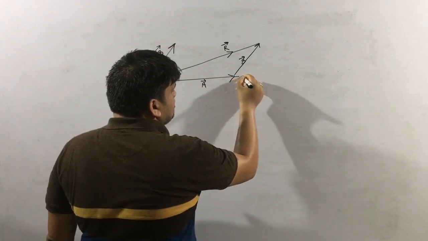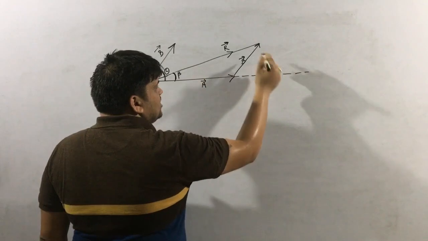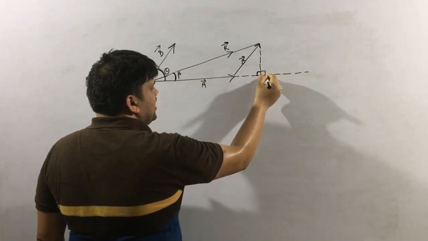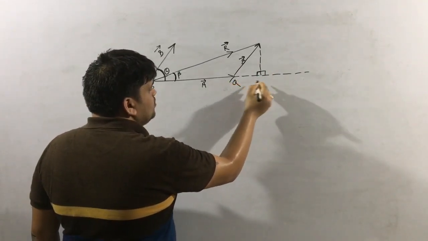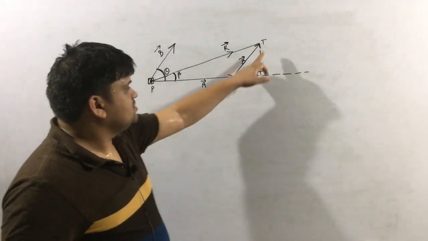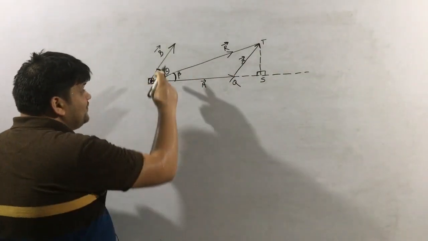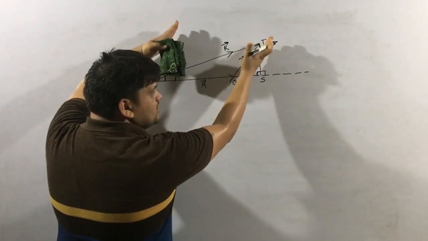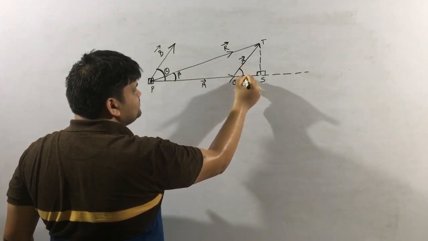Now, I am drawing some geometry here. I am extending this line forward and I am drawing a normal from here to here. And I am giving some names: P point, Q point, S point and T point. These are not vectors, these are just some geometry for the derivation purpose. And if this angle is theta, you can see these two lines must be parallel because both of them are B vector. So if this angle is theta, this angle must be theta.